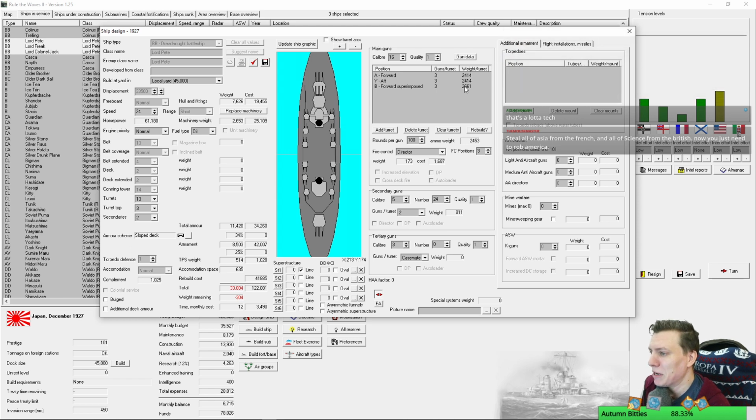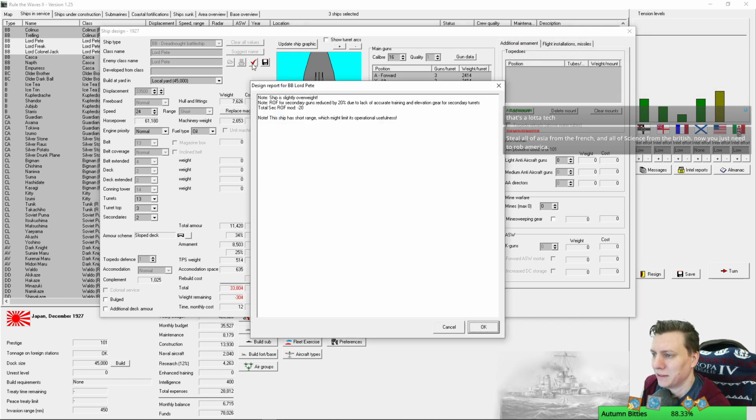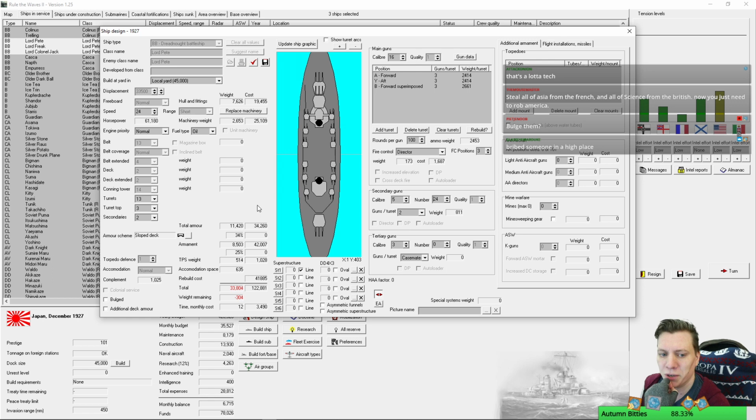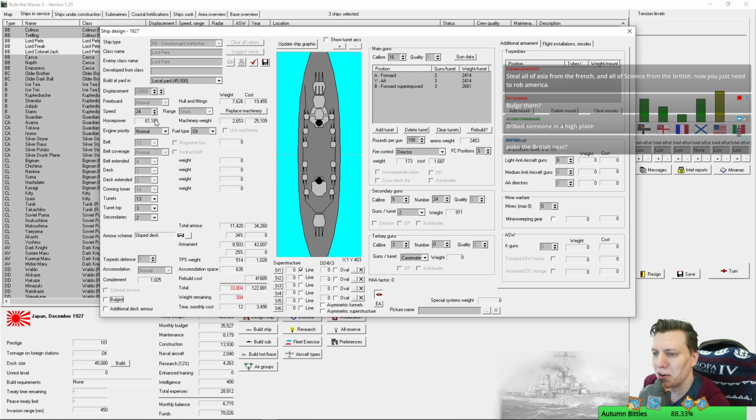That might be a little too thick, but let's see. Slightly overweight. We're still good. Bulge them. The issue with bulging is it reduces speed, and I want them to be 24 knots. I have found bulging very...